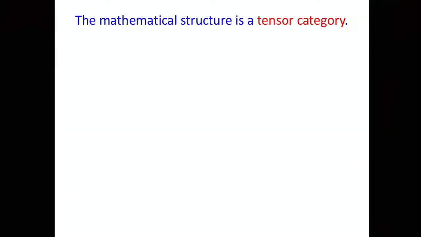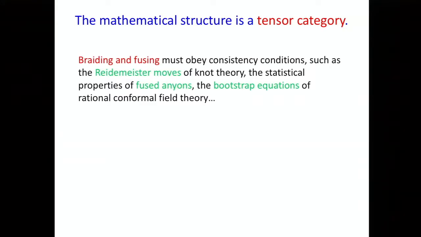And so the structure is called a tensor category, and that sounds scary. I remember years of my friends at Station Q using the word category and my being frightened. It's really not that frightening. In fact, it's suitably abstract that it's, I think, simpler. You don't have to keep track of much of anything, and I'll tell you what you do need to keep track of. But the key thing is, in all of those theories I listed on the previous slide, the key structures are,